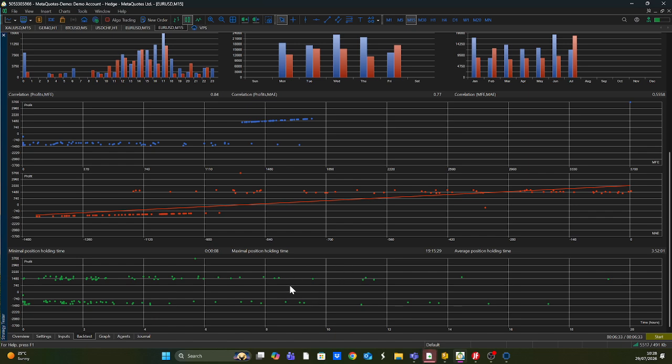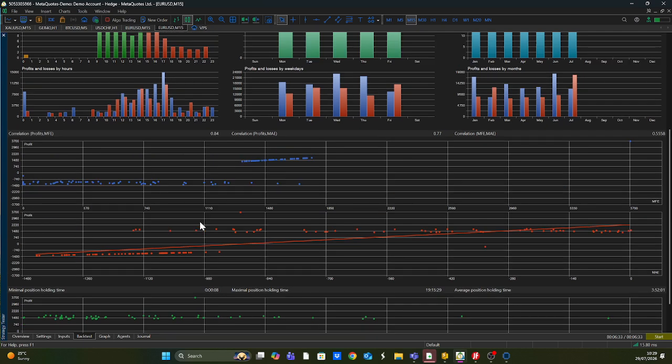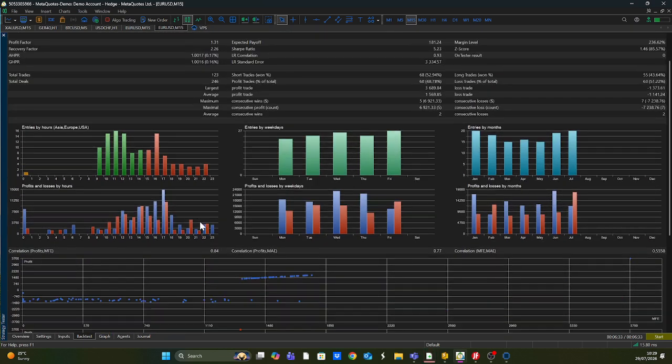So we can look at averages like that, because then you could add some intervention into the EA, like, oh, if this trade is being held longer than 2 hours, then just try to mitigate the trade or something. You can add some different techniques and all these different things, but this is also another important one, like the times, because we know that